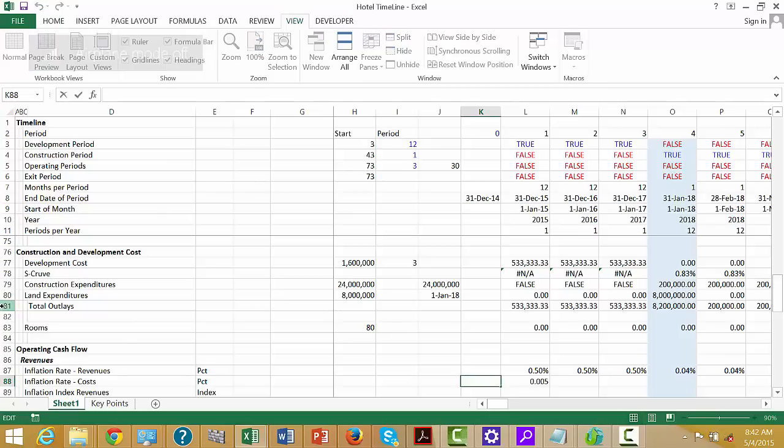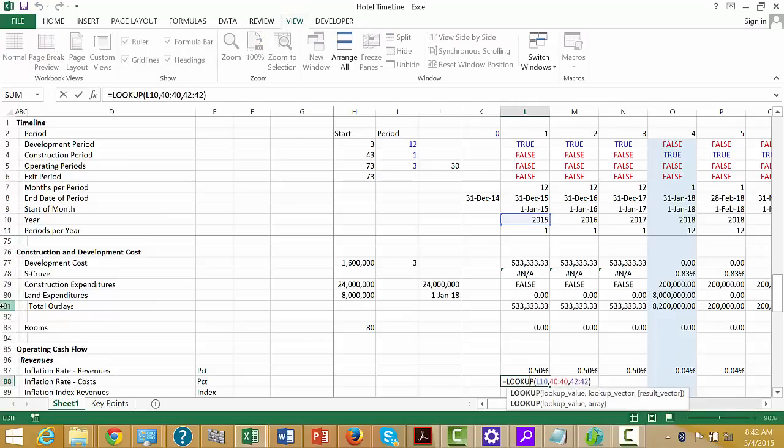And then we can put 1 plus this one raised to the 1 divided by this number, periods per year, minus 1,